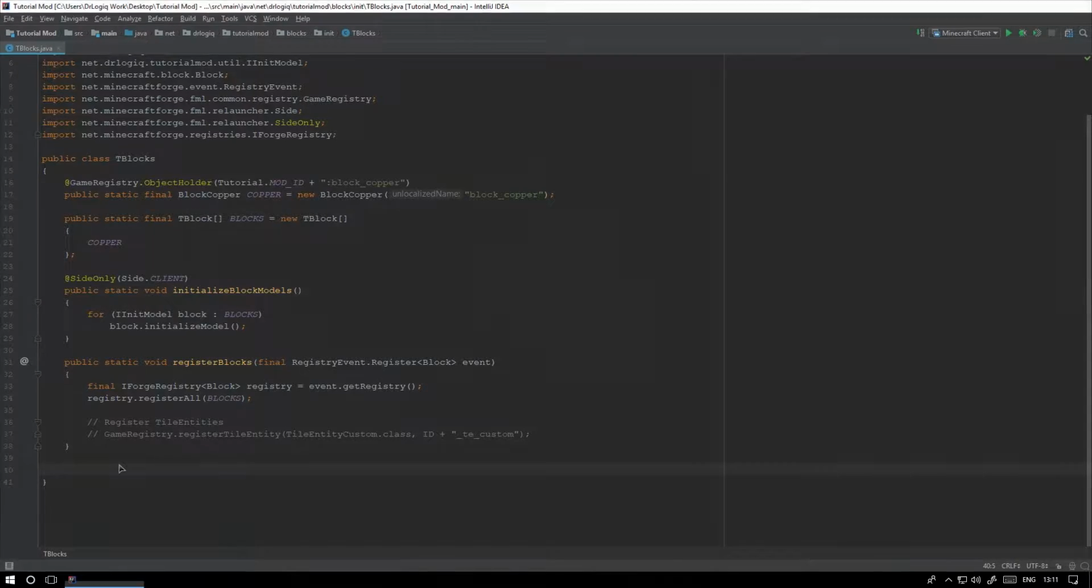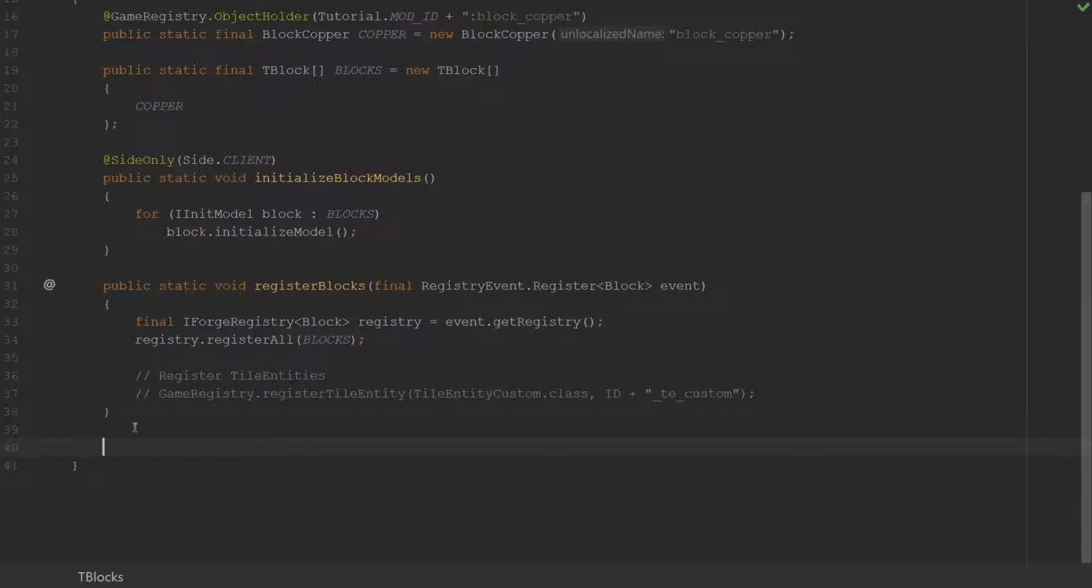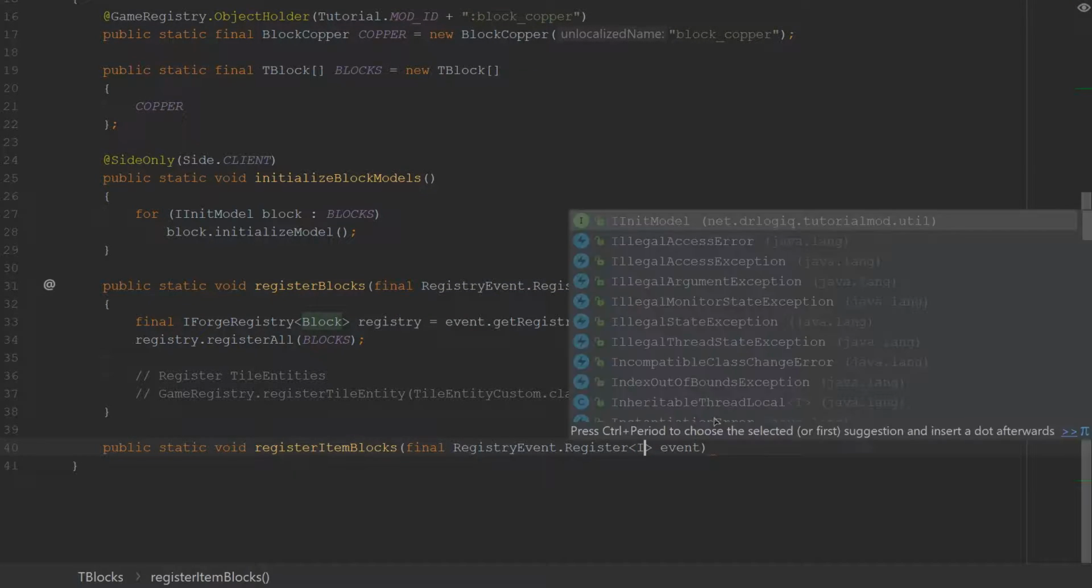So let's go back in our init class again. We're just going to do public static void register item blocks, and we'll pass in a register. I'm just going to copy this from up here, and change this type here to item